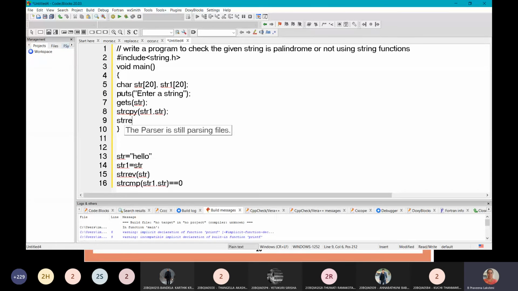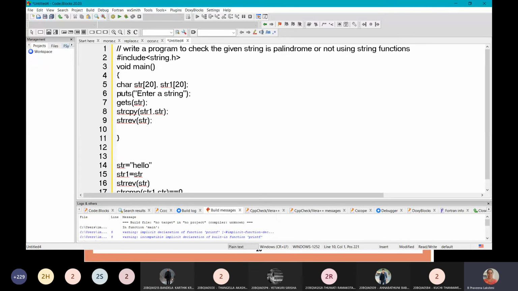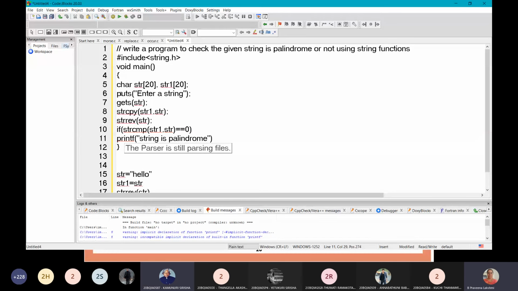Now reverse the string with strrev. Now compare the strings. While comparing the strings, we check whether the string comparison result is equal to 0. Then the string is a palindrome. Otherwise, not a palindrome.